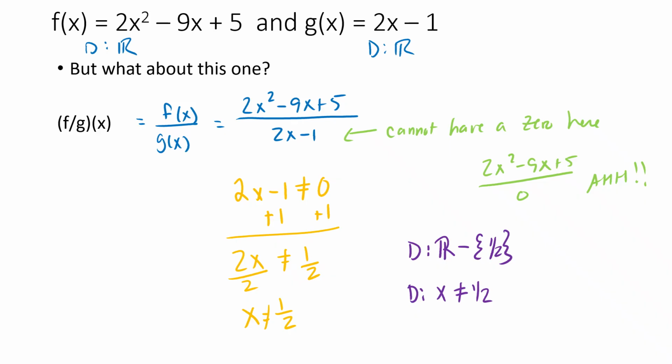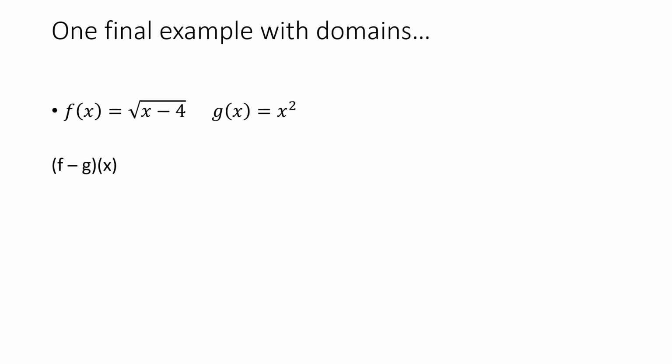So let's take a look at one more thing here. One final example with domains. So we'll look at this one. Function f here is one that is not a polynomial. I wanted to make sure that we got one in here that is not a polynomial. Now what we know about these is that